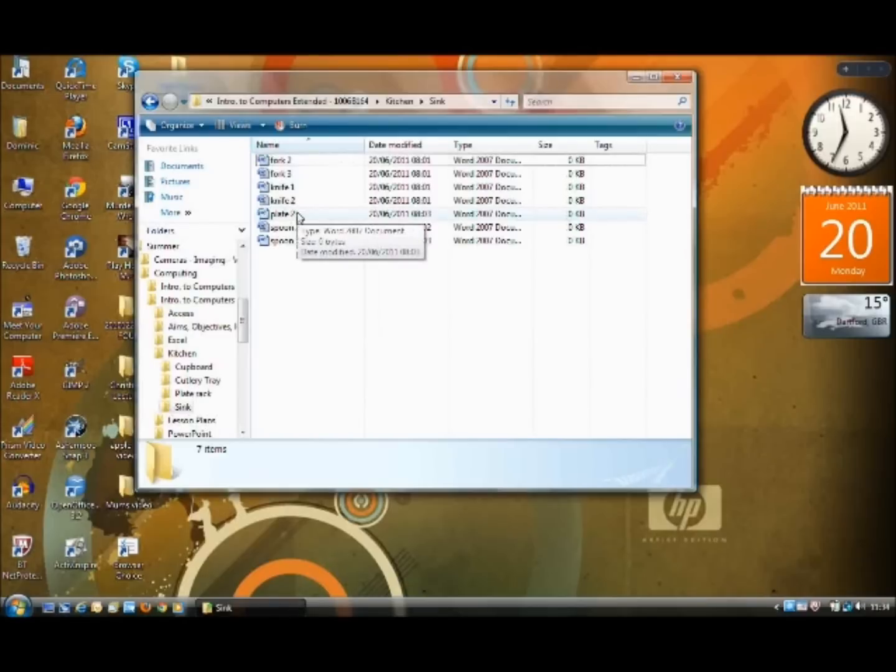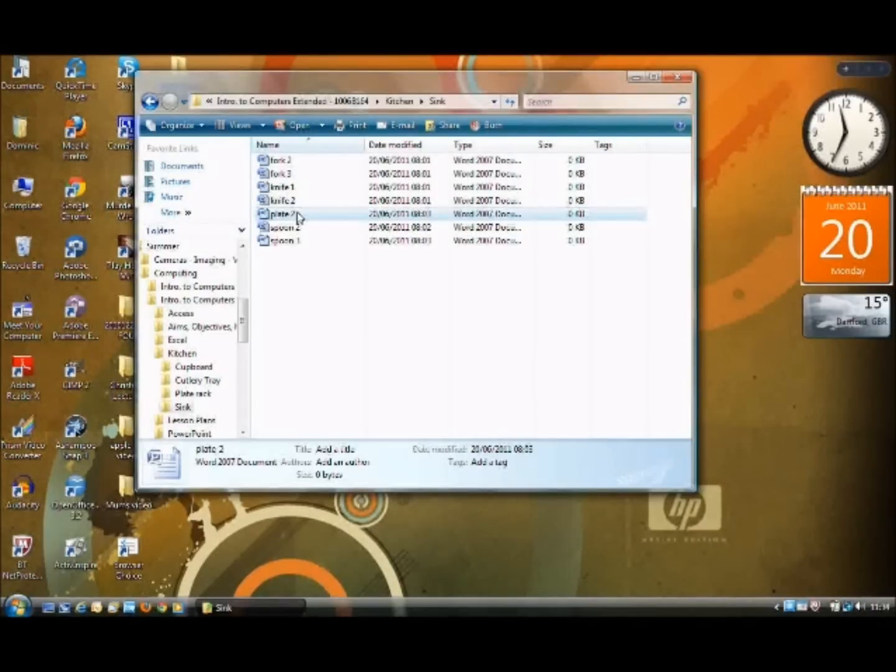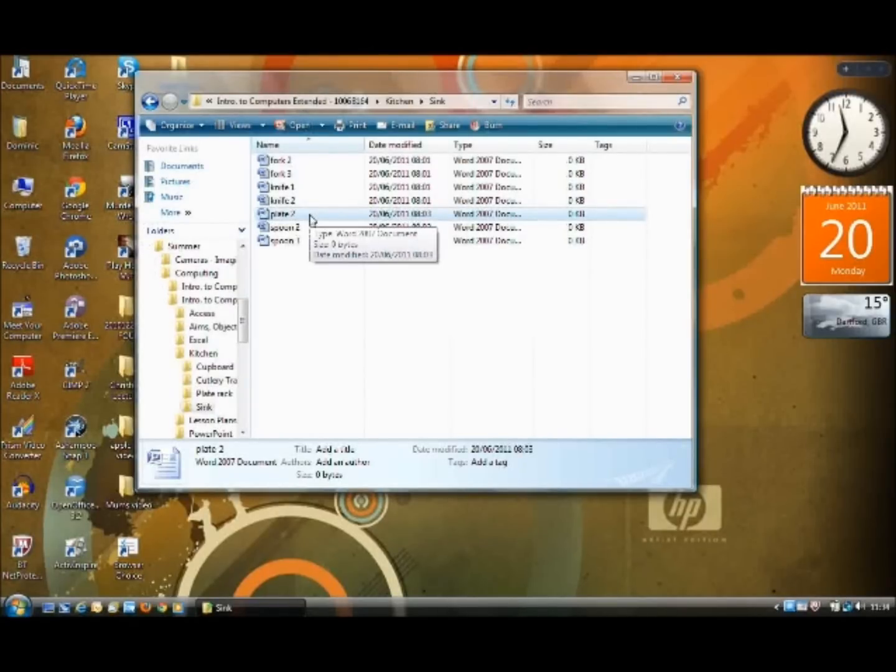I have a plate here. If I select the plate, and a third way in which we can move things around, because we have these folders displayed here, is dragging and dropping. Dragging and dropping is a useful tool, and remember we've seen that quite well in playing solitaire. If you press and hold the left mouse button, then I can drag this object around. If I now place that over the plate rack folder, can you see I get a helpful hint popping up saying move to plate rack, and there's a plate, so if I release the left mouse button, it's now moved